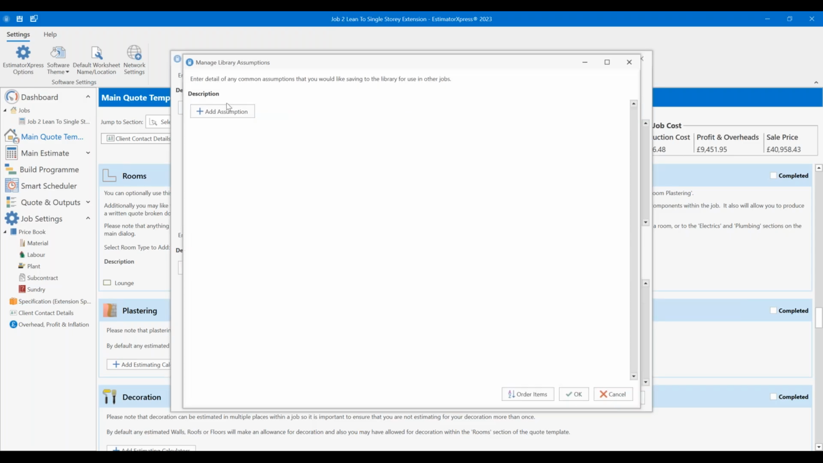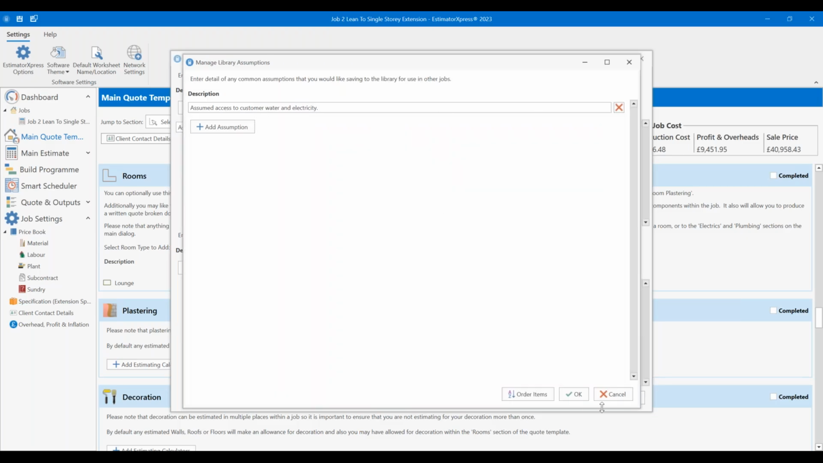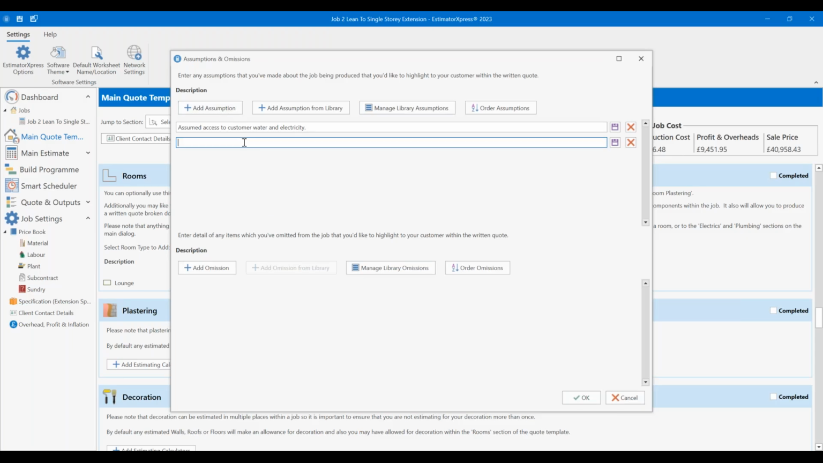Now I've got nothing in my library of assumptions that I've written before, so I can add back in. A new feature in the software is that if you add assumptions in, you can save them for future use as well, so you don't have to keep typing them. I'm going to go add assumption and say assumed access to customer water and electricity, because that is one that's come up before, and I'm even going to hit save on that one. So if I go to my manage library, it's in there in my library. If I go add assumption again,